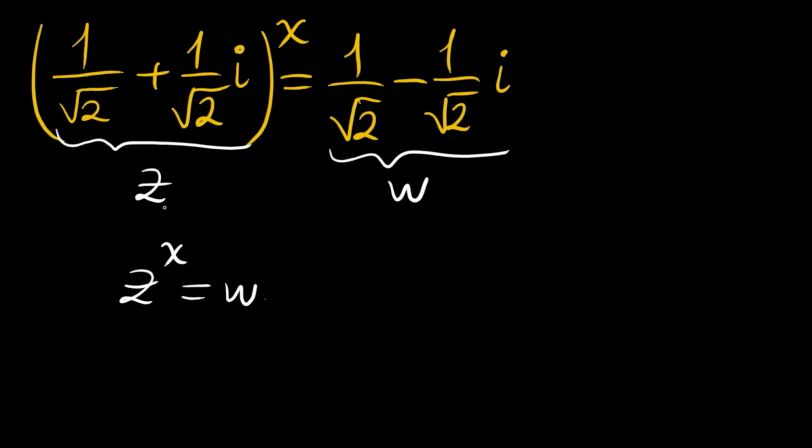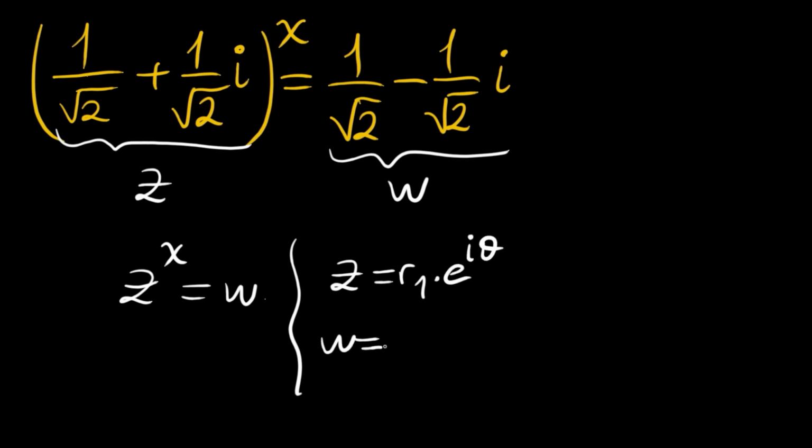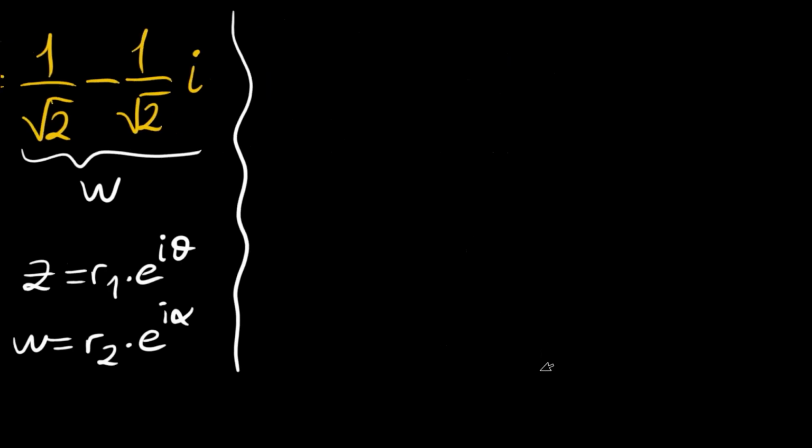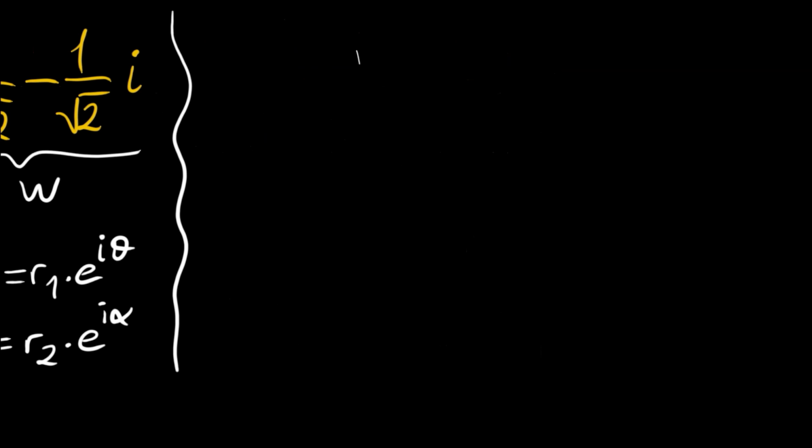First we will write z and w as z = r1 e^(iθ), and w = r2 e^(iα). What is this? This is Euler's notation for complex numbers. Let me show you shortly. We will